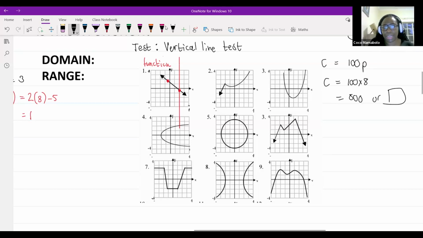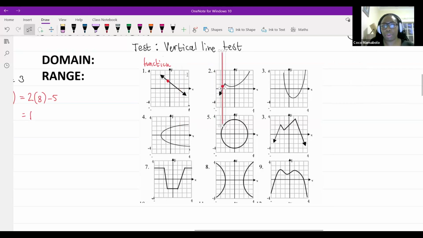Is everybody okay with that idea? That's why our function can only have one y value for every x value. Okay, and that's what the idea of a function is. So let's go on to the next one. If we go on to number 2,